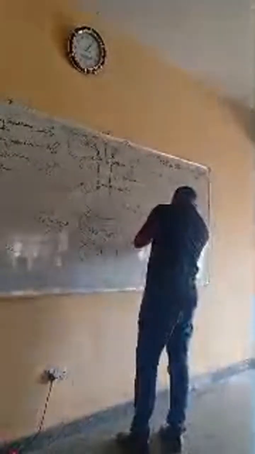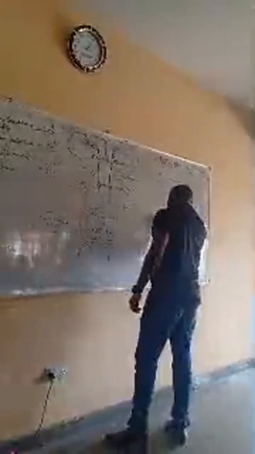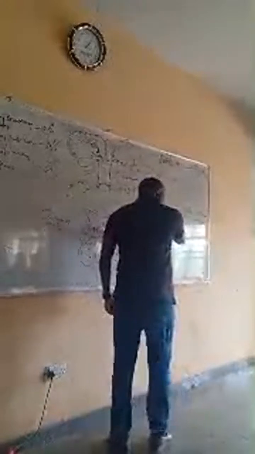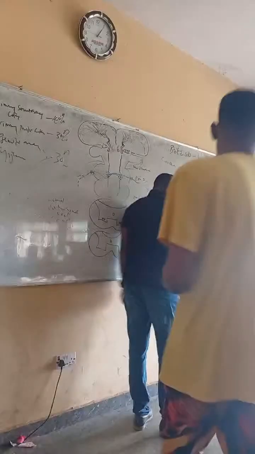But usually, the alpha motor neuron will go to the extrafusal muscles, and the gamma motor neuron will go to the intrafusal muscles. So the alpha motor neuron will activate the extrafusal muscle and cause muscle contraction. The gamma motor neuron will stimulate